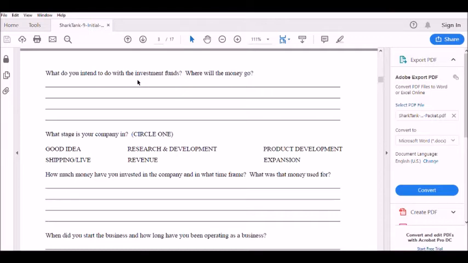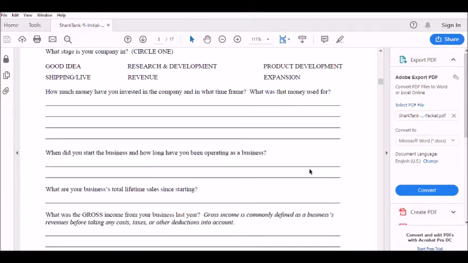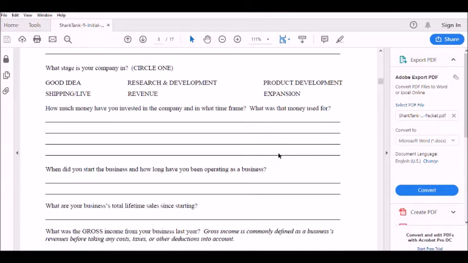Which brings me to the next, probably most important point of this entire video. The sharks ask, how much money have you invested? What was done with that money? How'd that go? What bothers me about investor pitch competitions and people involved in making solicitations to investors is they often kind of skip over this. They skip over this question and don't get enough into detail that, look, I've made quite a commitment myself, because a lot of the people and a lot of my clients haven't.